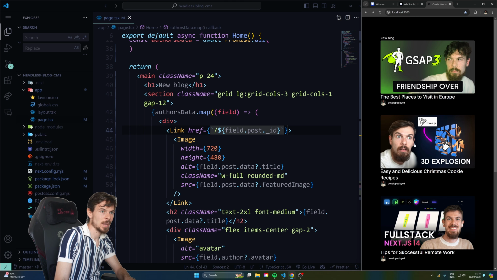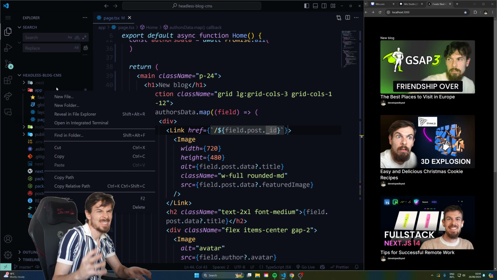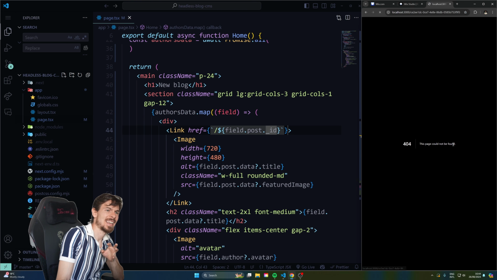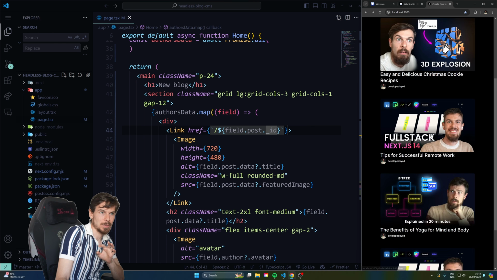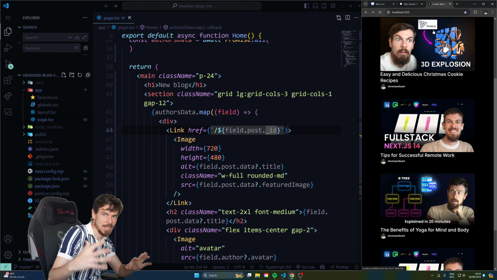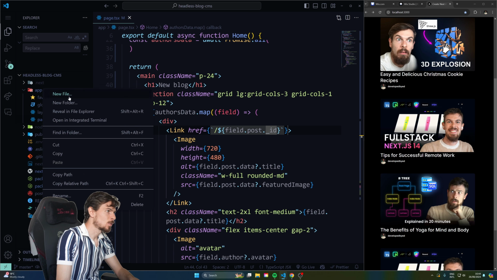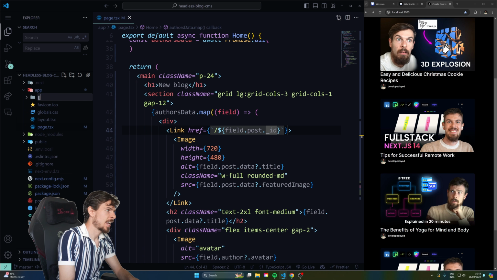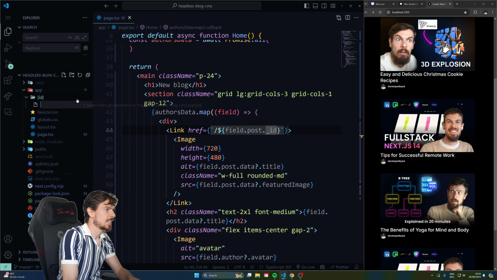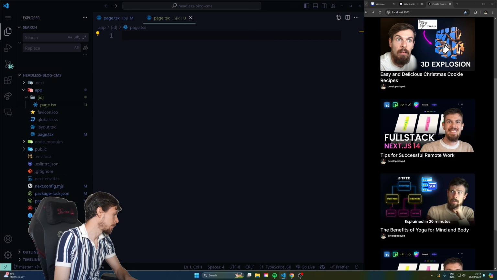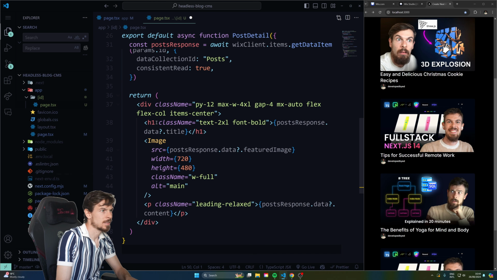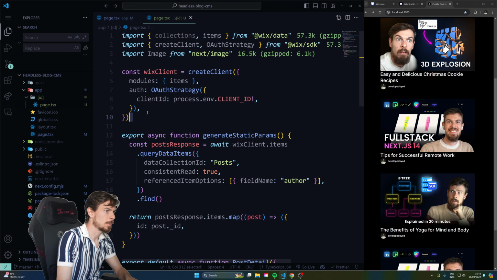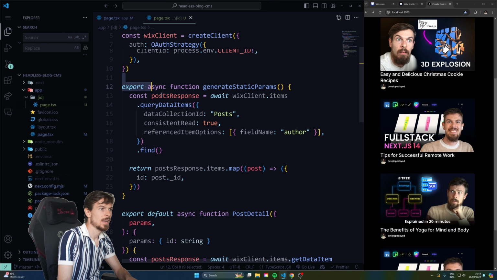Look at that. Now this page is not found because this is a dynamic page, meaning that the different blog posts, right, are rendering out a different page because they have different URLs. So to get around that in Next.js, what we can do is add a folder here called ID like that with curly brackets. And here we can add a page.tsx the way we did it before. And I'll copy this over because the functionality is pretty much the same. So we instantiate the Wix client. We do the same